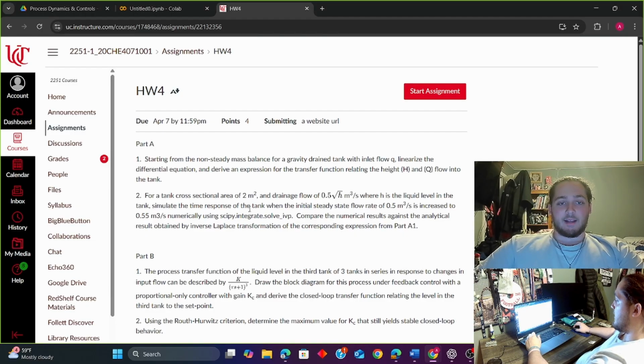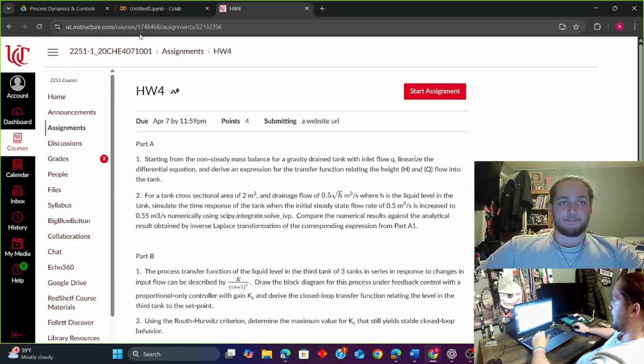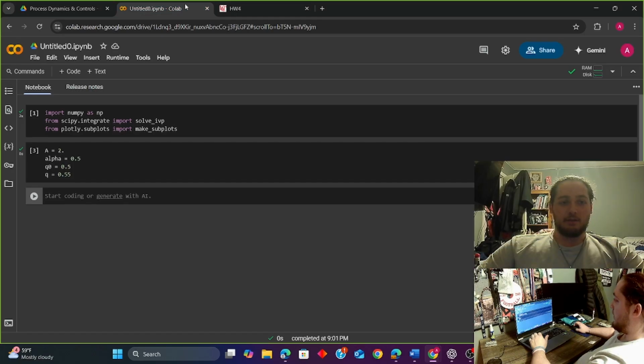We will be simulating the time response of the tank when the initial steady flow rate of 0.5 is increased to 0.55, and we will solve this numerically using scipy.integrate.solve_ivp, and we will be comparing the numerical results against our analytical results obtained by the inverse Laplace transform of our previous parts. So moving into our Colaboratory,